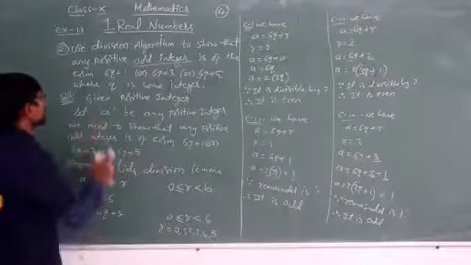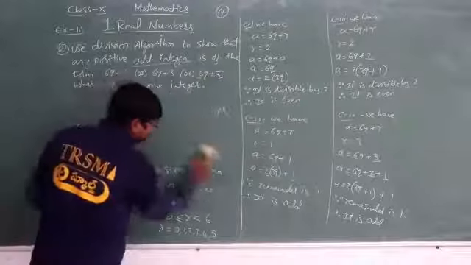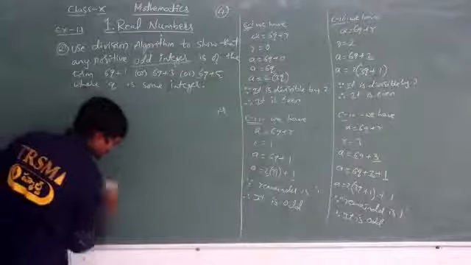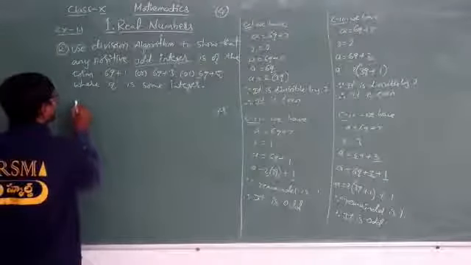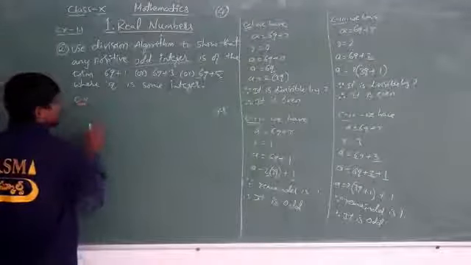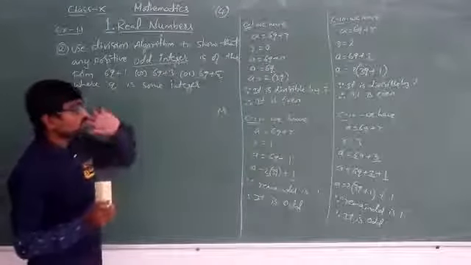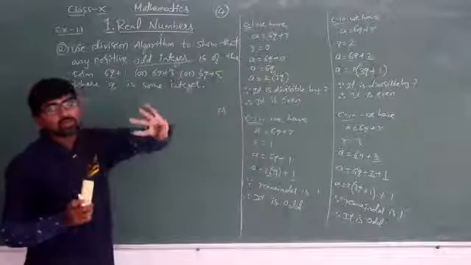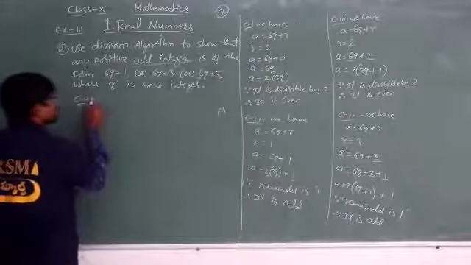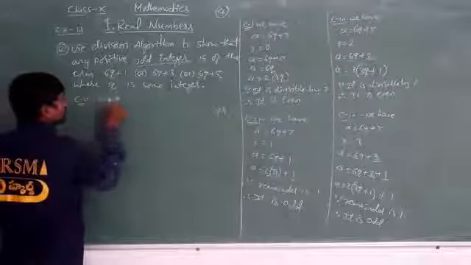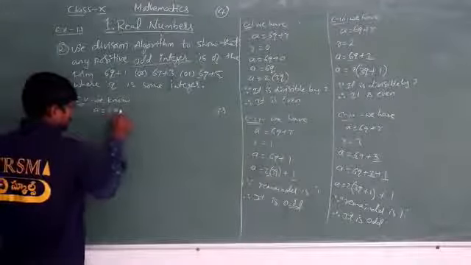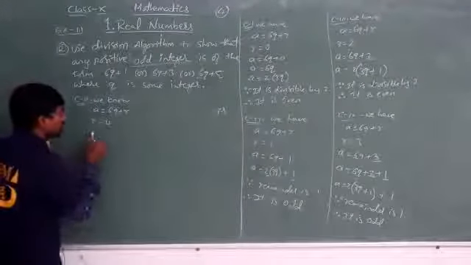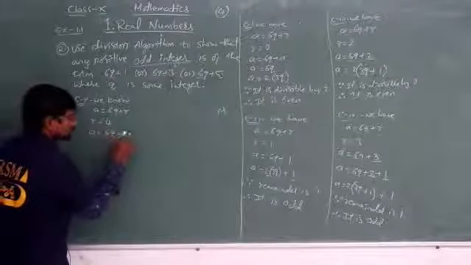2 cases here. Okay, so what do we have? Case number 5 we have to take here. In case 5, what do I have to take? I have to take the value. I have taken 0, 1, 2, 3. Now I have 2 cases, 4 and 5. So we know 6q plus r is equals to, I have taken 3, now I have to take 4. So here a is equals to 6q plus 4.